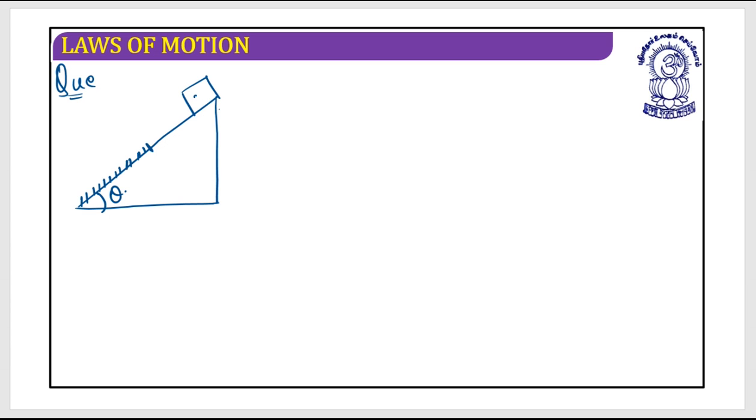Suppose I release this block from here, that is from u equals 0, and when it reaches the bottom, it is again at rest. Let's say this section is of length x, and the remaining is also x, because it has been told that the halves are equal. So what I need to find out